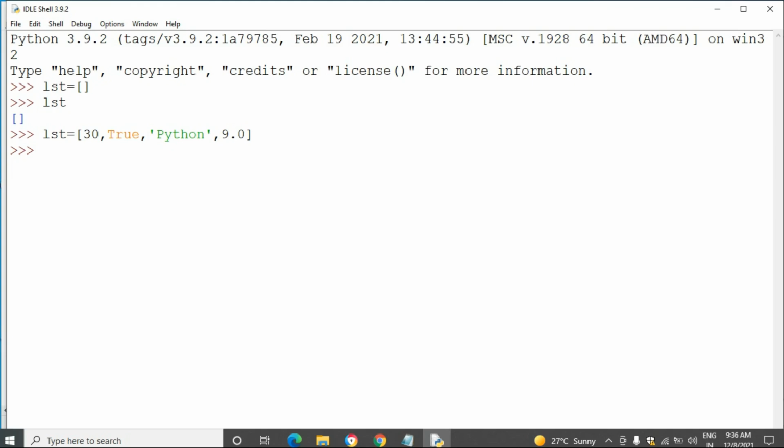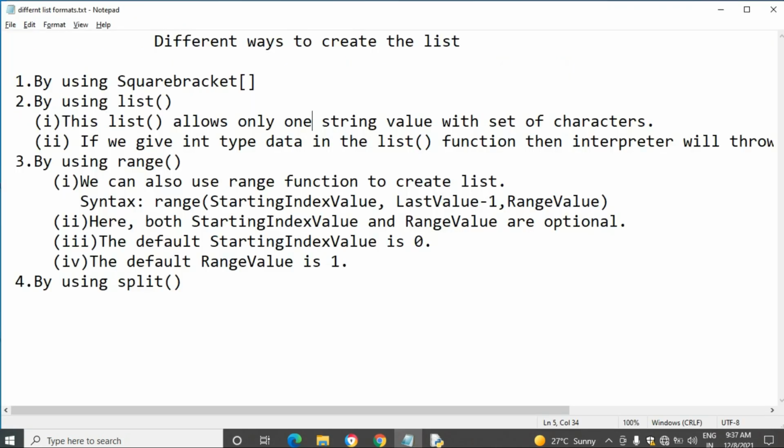This list contains integer, boolean, string and float data types, so this is a heterogeneous list. Then I am going to print the list. See, the list elements have come. So by using the square bracket, we can create an empty list, and also a heterogeneous or a homogeneous list, only by using the square brackets.